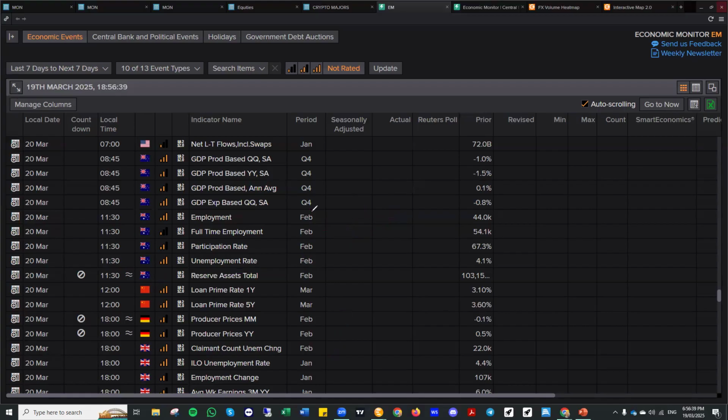Okay, Shelley's got a question. Not so much a question though, but a comment. The entry on dollar Swiss was very close to the 50% daily fib retracement from the last leg up. Honestly, I was very hesitant to get in at that price. Without your analysis, I wouldn't have taken this trade. Well, that's good. Okay, so the thing there, Shelley, is what we want to do with this,